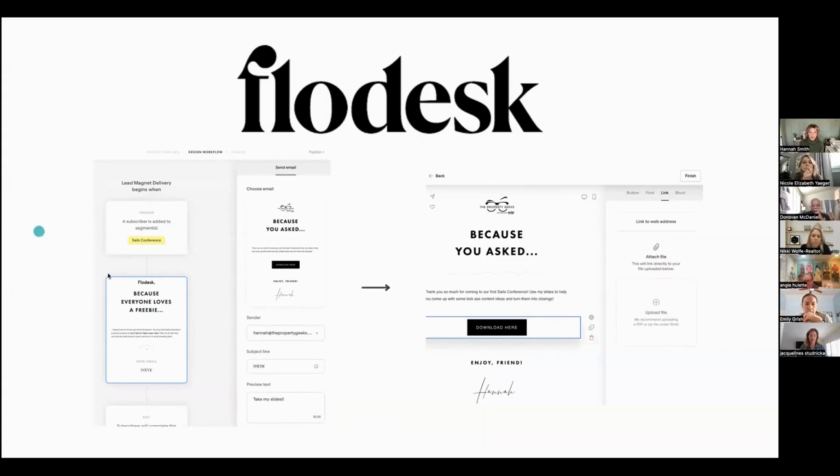Okay. And then it's just going to be this already pre-written email, and you literally click on the email and you can type in however you want. You can change the font, anything, right? It's similar to Canva. And on the download here, you upload that worksheet or whatever, the PDF, the thing that you're offering to people, right? You're going to upload that as a document there. Cool. And then it'll tell you what's your subject line, what's your preview text. Awesome.